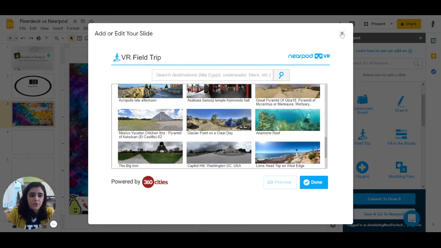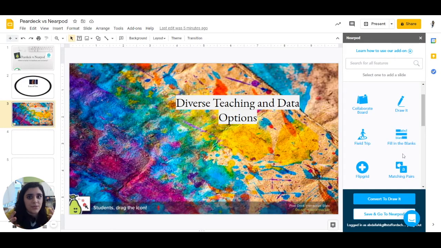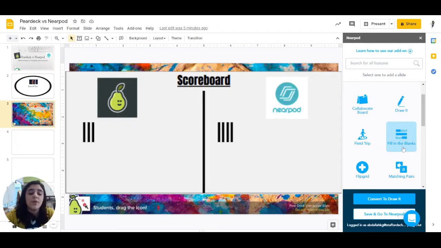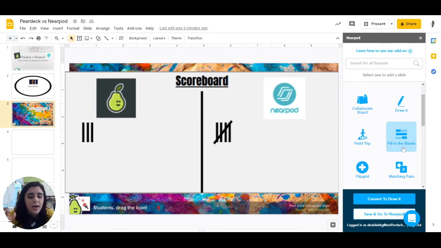That is one of my favorite features of Nearpod because it allows the students to be immersed in it, and that can be very helpful when virtual teaching gets just so redundant over and over again. They also have this fill in the blanks activity where you can insert a paragraph